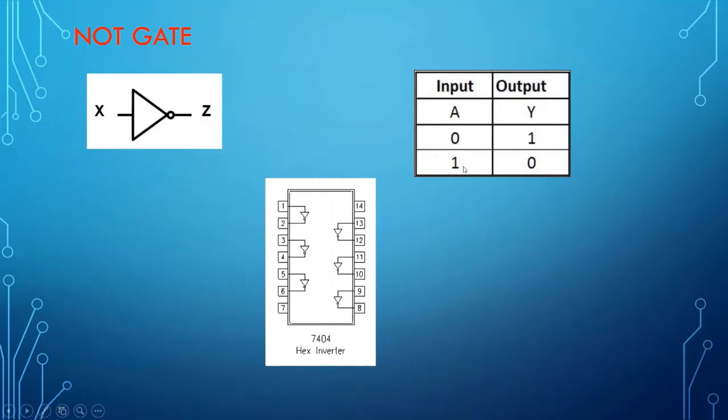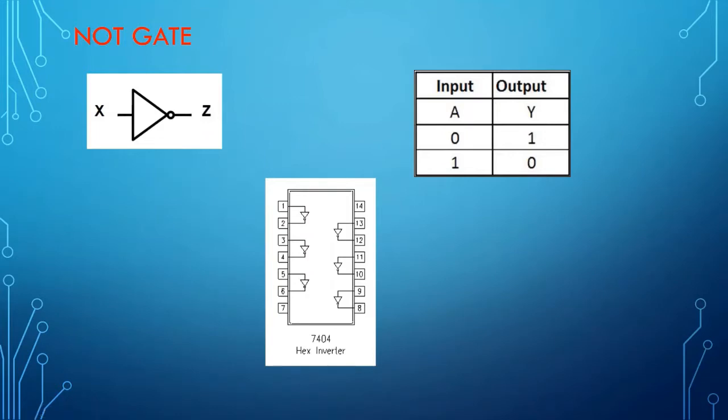So remembering the pin numbers has to be done by you people, but remembering the pin diagram is not needed. IC numbers have to be remembered by you people. You need to be very familiar, so that when I ask you, can you tell me the IC number of an OR gate, you should be able to say it is 7432. In fact, there are variations here. When I say it is a three input AND gate, the pin number is different. When I say it's a three input OR gate, the pin number is different. So you need to remember the IC numbers. Pin diagrams will be supplied to you, or the chart of the pin diagrams will be provided to you.